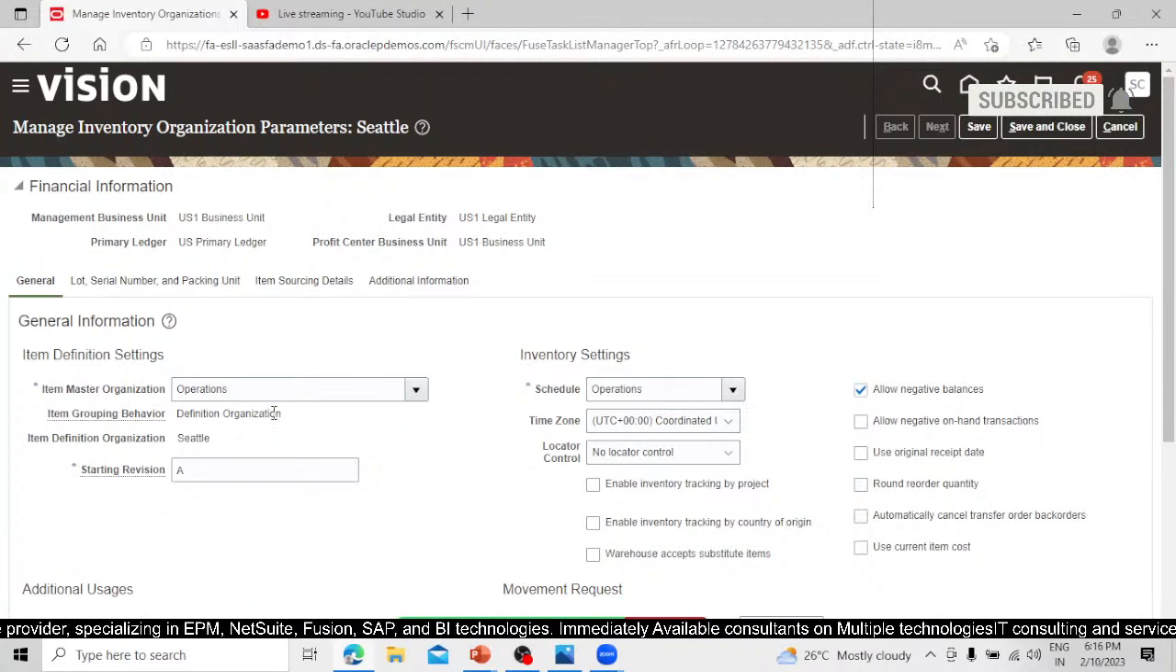In our previous session, we have seen that our child inventory organization and the physical inventory organization have the item grouping behavior as reference, because this inventory organization is totally dependent on the item master, because the item is defined in the item master, and the item master gives the information and the permission to our child inventory, so that our child inventory can access our item from the item master. So in the revision concept,